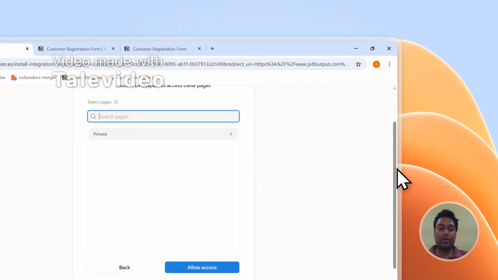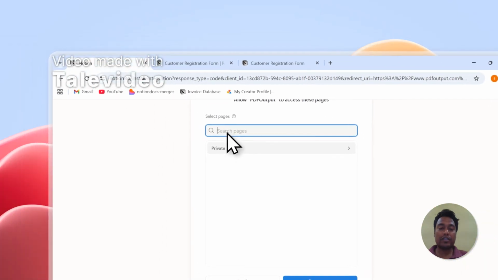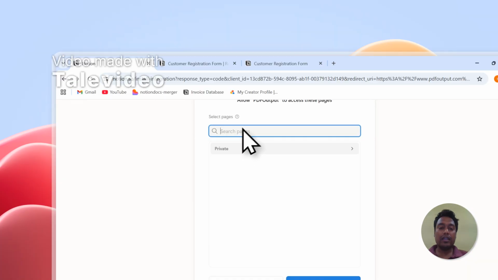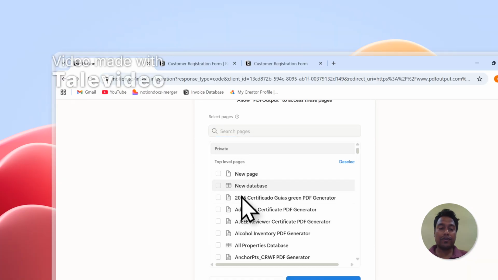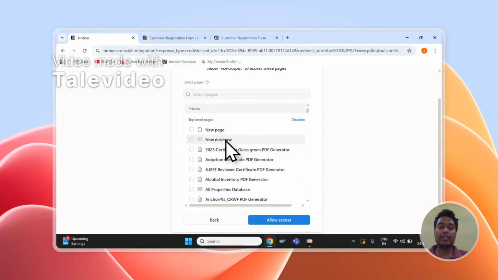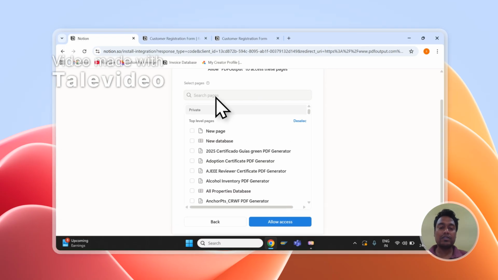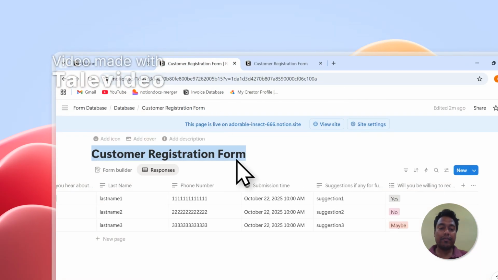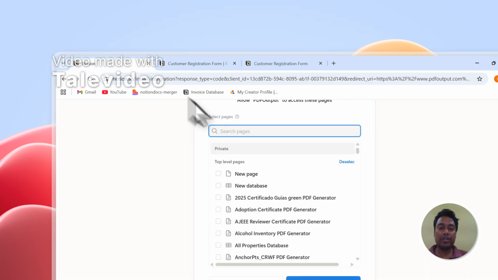An important step over here is make sure you're always searching for the pages whatever you need. Never ever select any pages from here to add the database. If you select a page to add the database and if it contains more than one database, it may take time to load the databases. So my advice is always copy the exact database title whichever you need